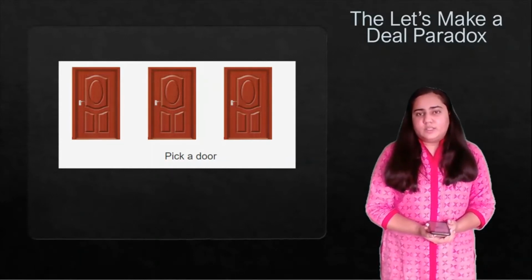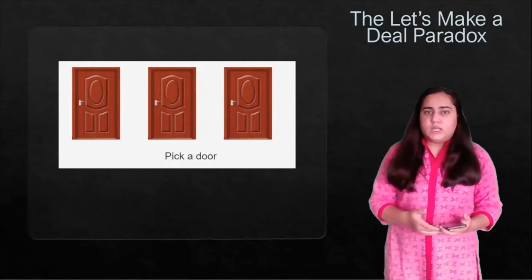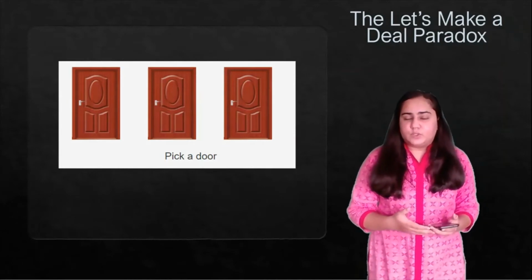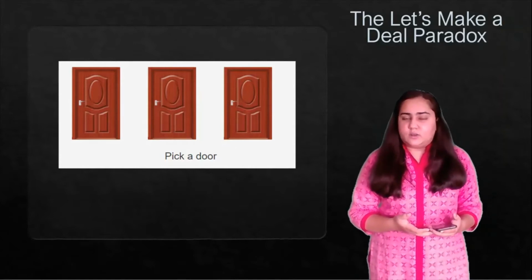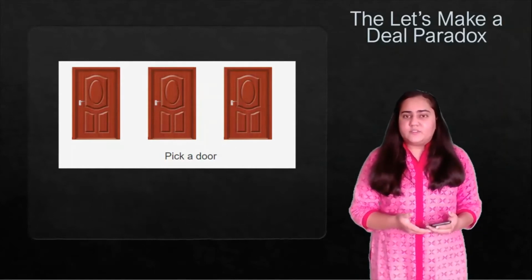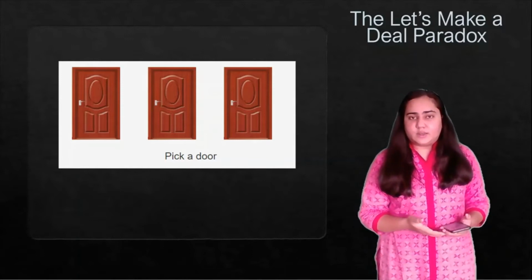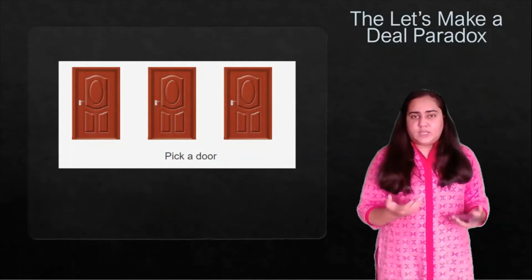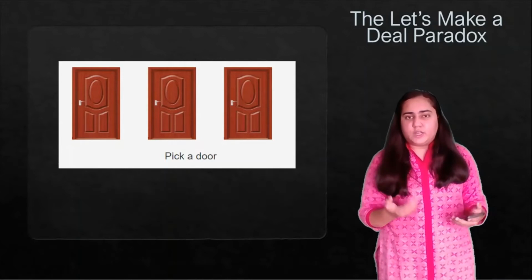So this is a game. What you see on your screen right now is a game which was known as Let's Make a Deal, which was coming on the television in the 1960s, a long time ago. But this is a very good example to understand how probability actually works. So the game is something like this. You have 3 doors and you need to find out